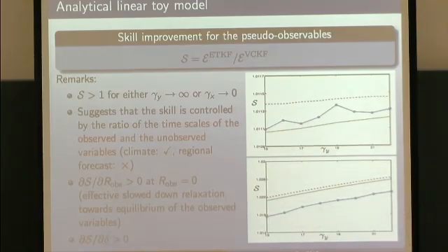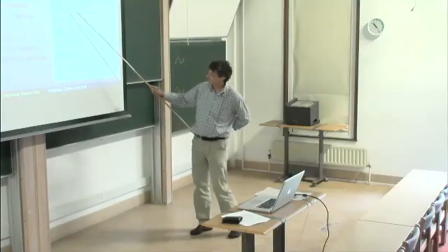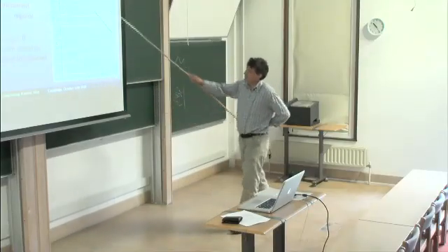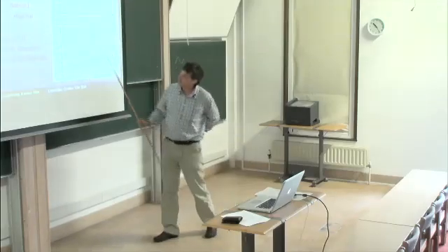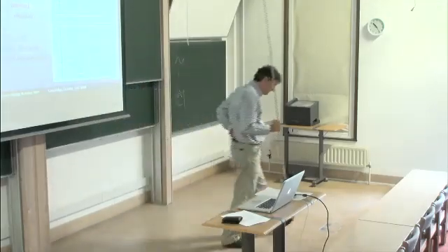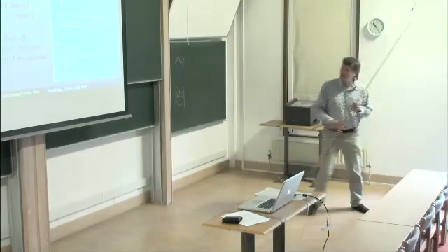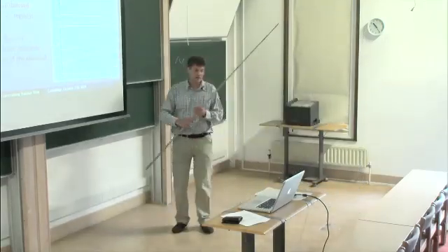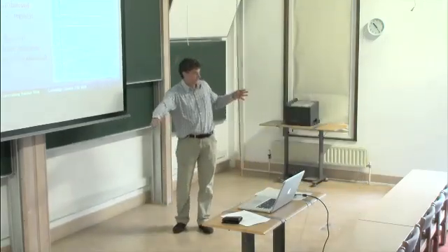Of course, you're going to say, well, for 1%, why bother? This is just for the toy model. I'm going to show you an example where you get around 10% skill improvement. So what do we learn from this analytics? One interesting result is that we get skill improvement if gamma y goes to infinity. Gamma y is the decay rate of the fast process,